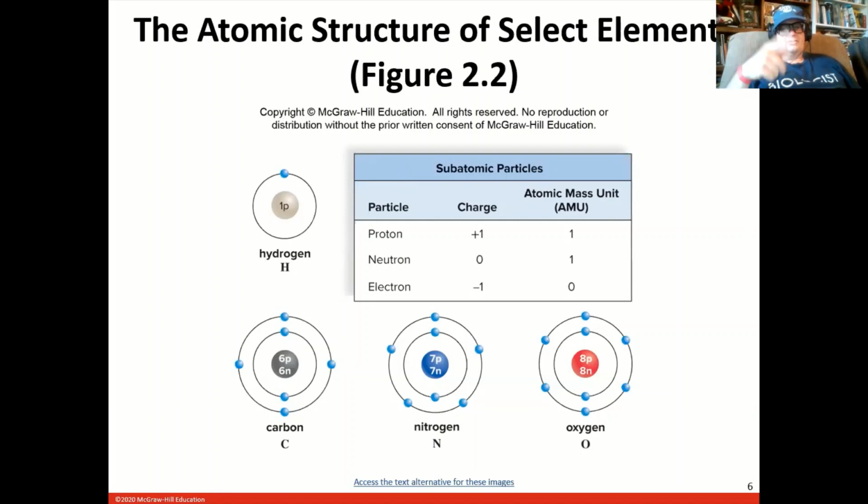But the electron whizzes around the outside, and it's balanced. You got one proton, so you got one electron. You can see it right there. Okay, now